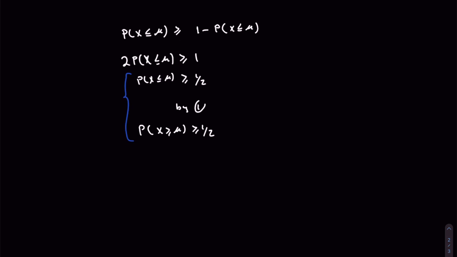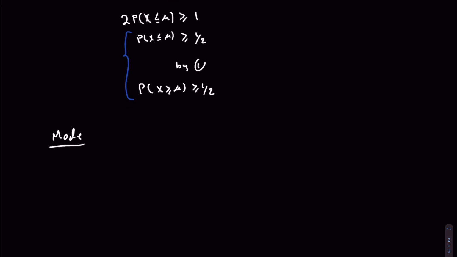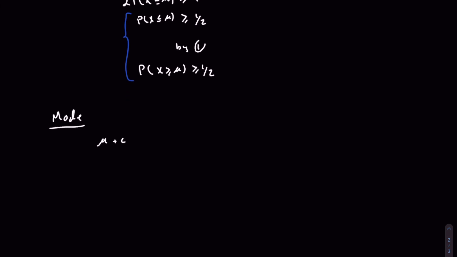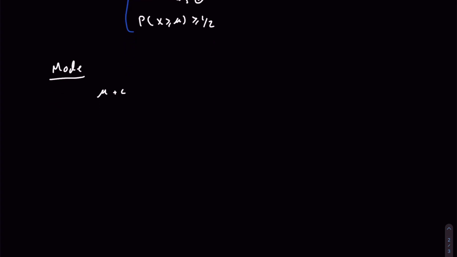Let's move on to the last part of the question, which is that we are also asked to show that the mode is equal to the same value. Okay, so let's start by assuming, with mu again the mean, that the mode is mu plus c, and this is the unique value for the mode of x. So this is step 1. Step 2 is that by symmetry